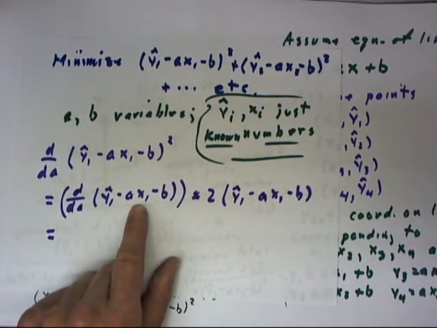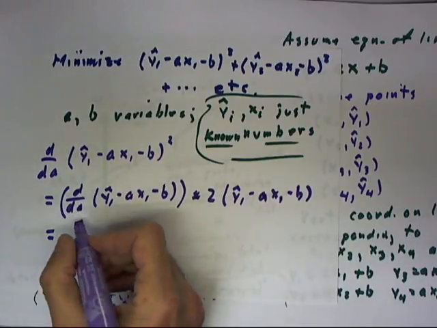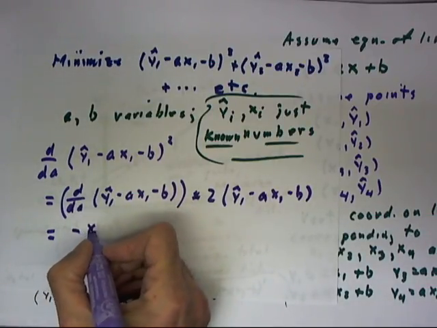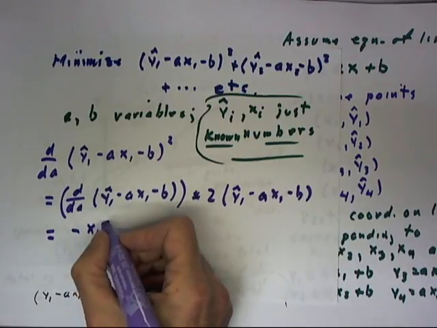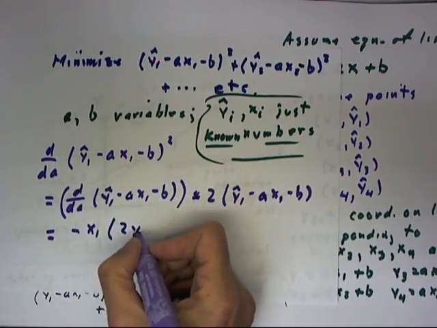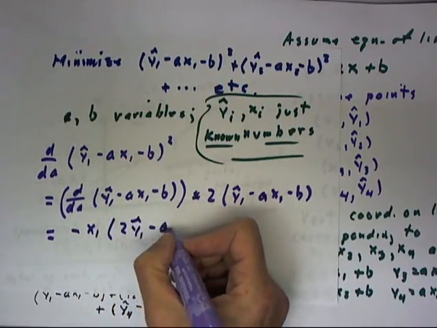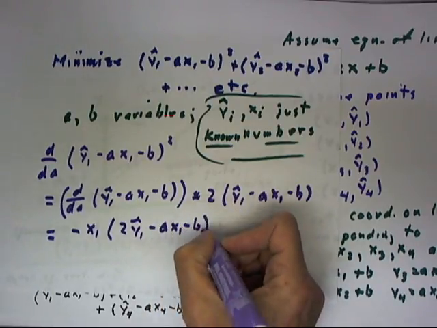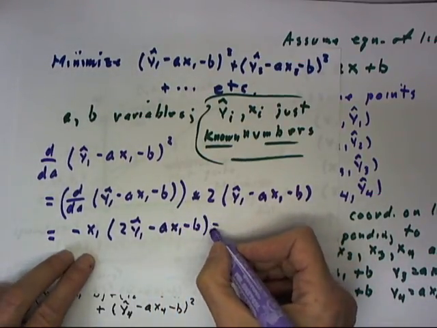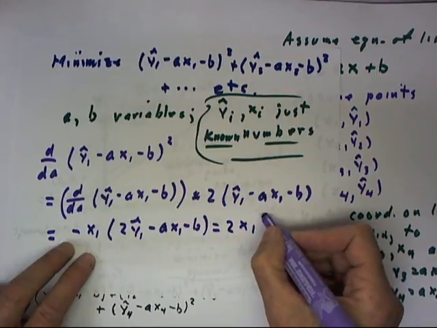Now, the derivative with respect to a of this is nothing but negative x1. That's multiplied by 2 times y1 hat minus ax1 minus b. So that's just negative 2x1 times